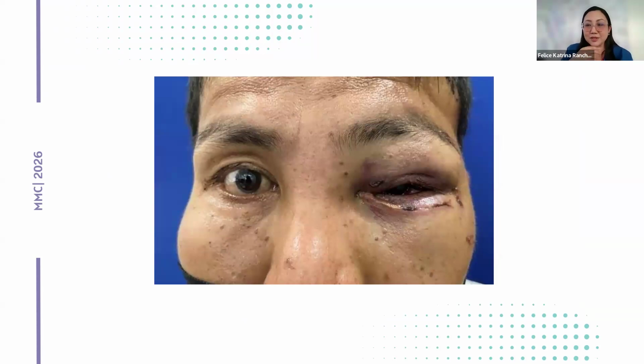So this is another example of a patient with retrobulbar hemorrhage. This patient arrived at the ER 8 hours after mauling. So at this point, we don't really need to do the manual decompression anymore because whatever was bleeding there earlier has stopped bleeding already. It has tamponaded and clotted because of the length of time that has elapsed. So for this case, we can go straight to lateral cantotomy and cantholysis.